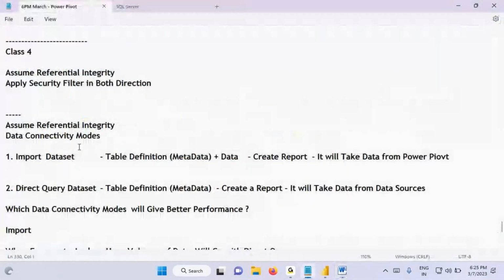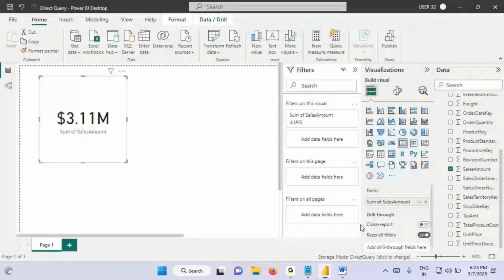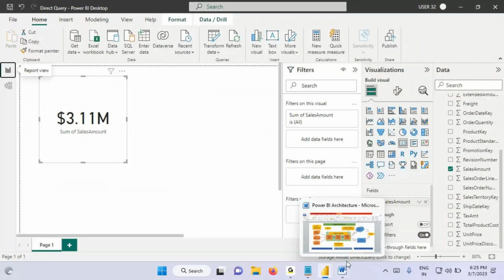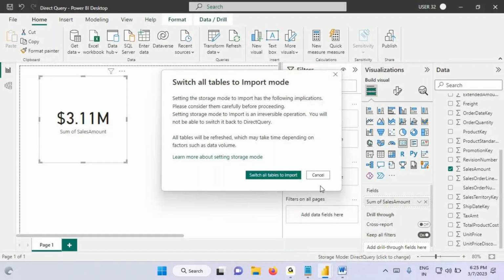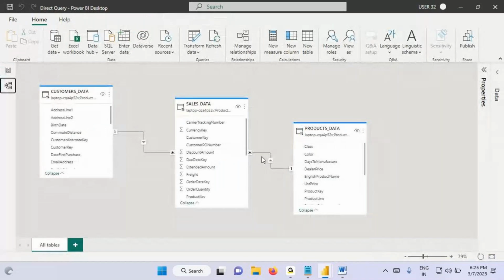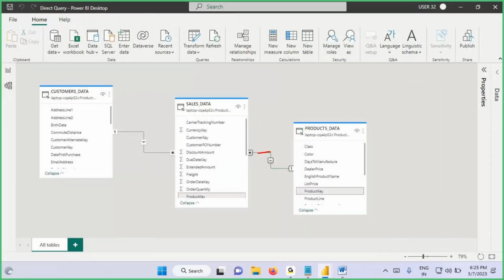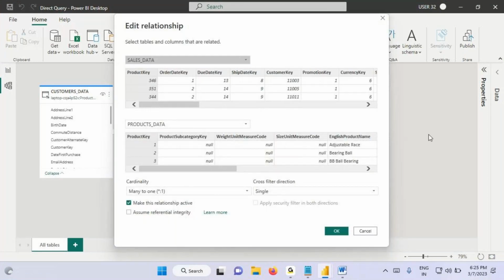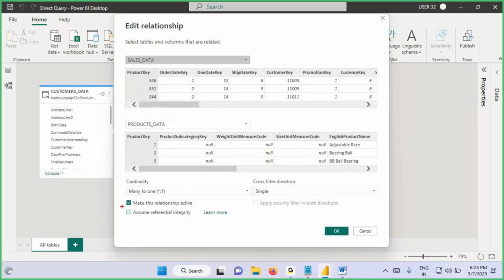Now, if you observe here, we are in which connectivity mode? Direct query, right? Now go and check this connection. How to edit this relationship? When you double click on it, it will edit. When I double click on it, go and check it now. Assume referential integrity option was enabled or not? I already said that the assume referential integrity option will be enabled for